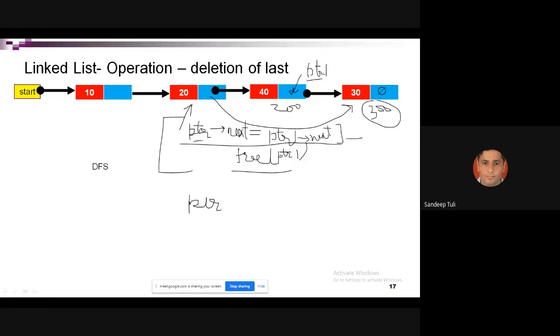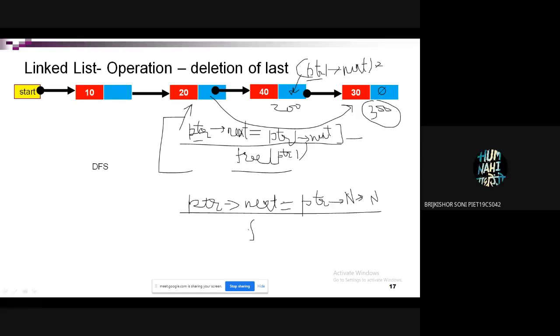How can we do it with a single pointer? Like right now, I have only a single pointer that is pointing to the 20 node. That is PTR. So PTR next I need to change. If this node is PTR, then the 40 node is PTR next. And to access its next pointer, what do I need to do? Arrow operator: PTR->next. Very good. PTR next of next. That's it. This can be done with the help of a single pointer also.